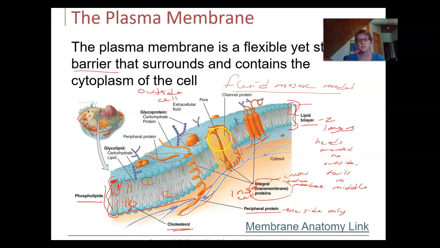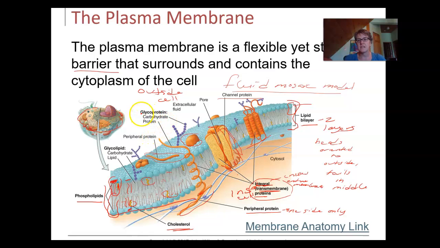Okay, so proteins that are able to expand from the outside to the inside will let things pass through in one direction or another direction, so they're also known as channel proteins, but they're integral, transmembrane, they go across. Now, if I have a sugar